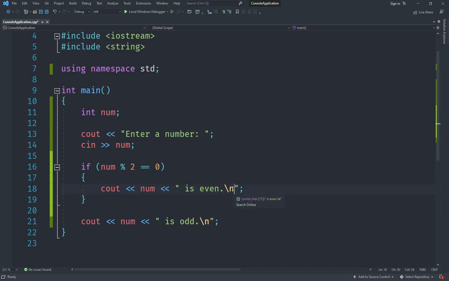Now this line, is even, will only execute if the number that we enter is actually even. However, if it's not even, then it will not execute this line and it will say odd. But if it is even, it will also say odd despite that. And we want to make sure that it only says is odd if the number is actually not even, that is, it's odd. So you might be tempted to add another if statement here and reverse this,